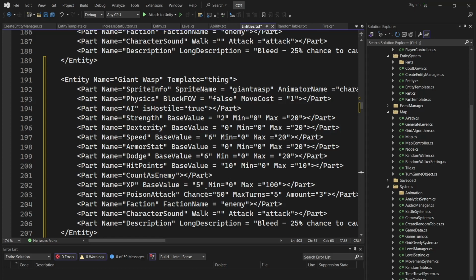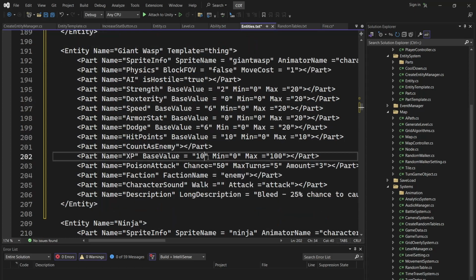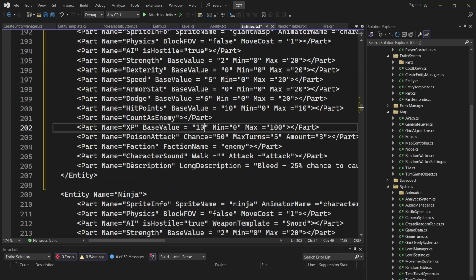Let's just leave that alone. Let's change this to maybe a 50%. Maybe I'll increase this a little bit. I can make the wasp a little bit tougher by having that extra poison. All right, so now